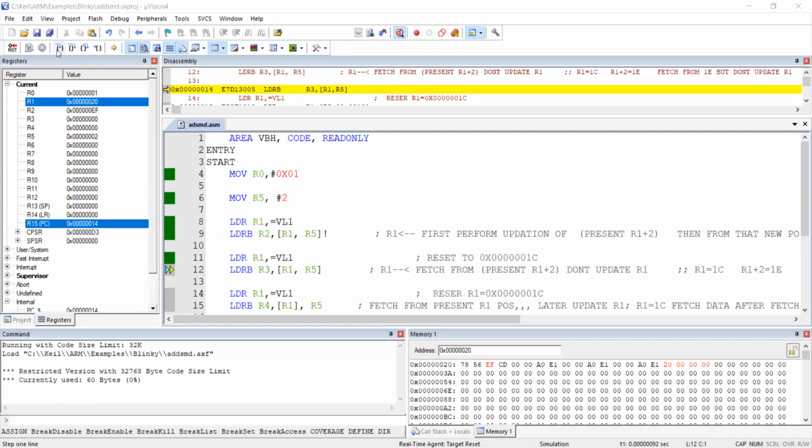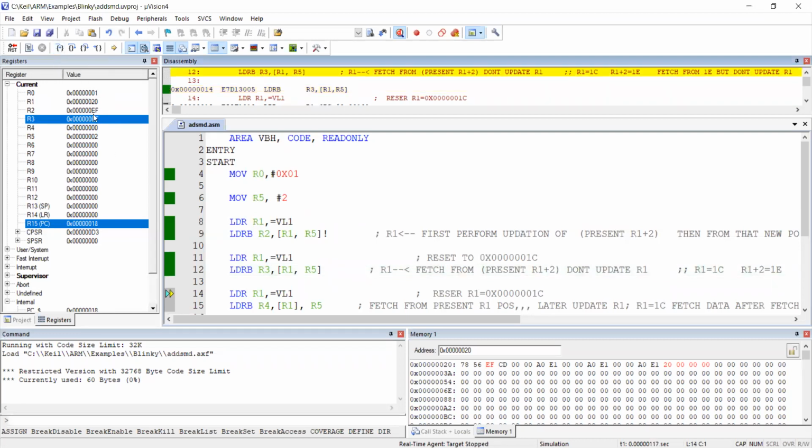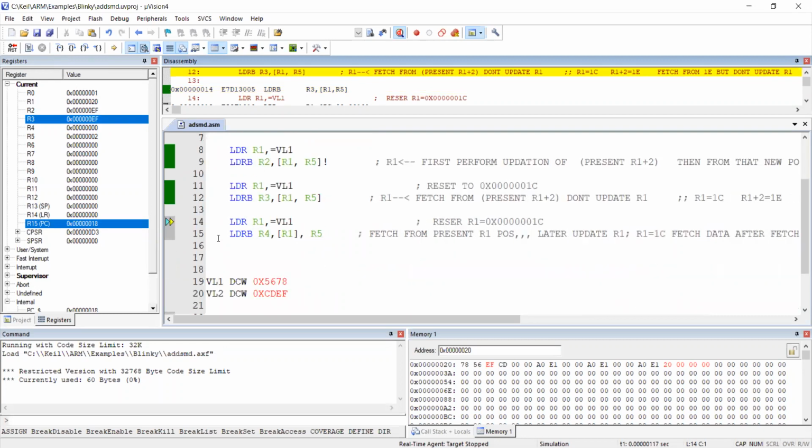So you can see now, 20 in R1, EF in R3. Okay, next line, line number 14. Again, I will reset R1 to 20.